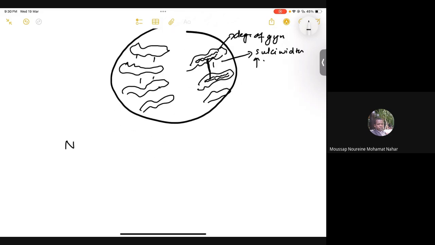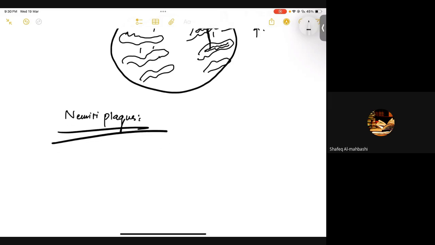Some other morphological features, we are going to have neuritic plaques. So who's going to tell me what neuritic plaques are? Can anyone tell me what are neuritic plaques? Non-absorbable deposits. Okay, so whenever the A beta amyloid deposits, it would just form a plaque, and along with that,